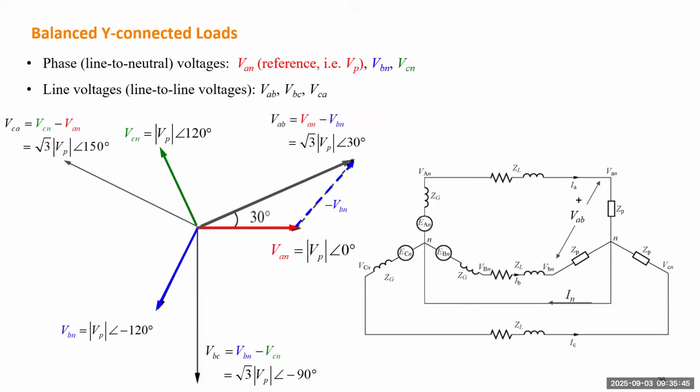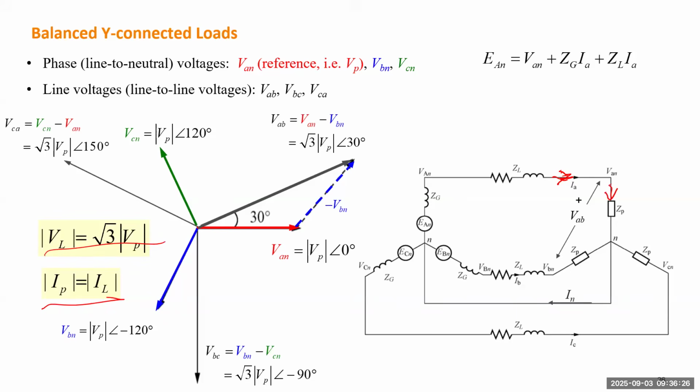So next, we can get those two formulas. When we study a Y-connected load, the line-to-line voltage has a magnitude equal to the root of 3, which is about 1.73, times the magnitude of the phase voltage. And the current will be the same, because the current on the line is the same current going to each load. So the phase current will be equal to the line current, but the line voltage will be 1.73 times the phase voltage.